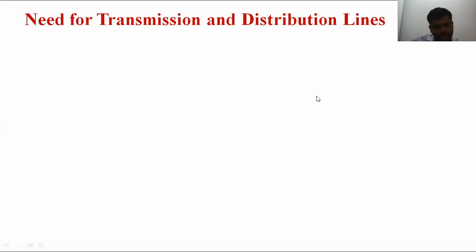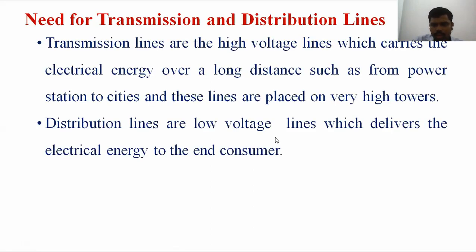The distance from the generating station to the consumer premises is either 100 km, 50, 200, or 300 km. That is, the generating station is far away from the consumers. The one method to transfer the electric energy from the generating station to the consumer premises is via transmission and distribution. There are no other options. That's why